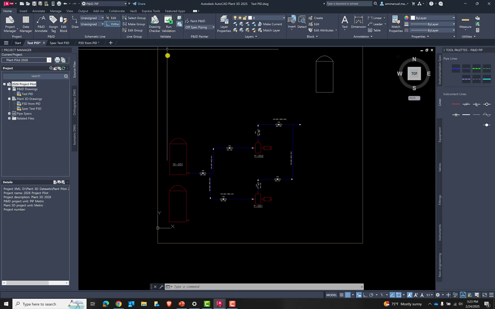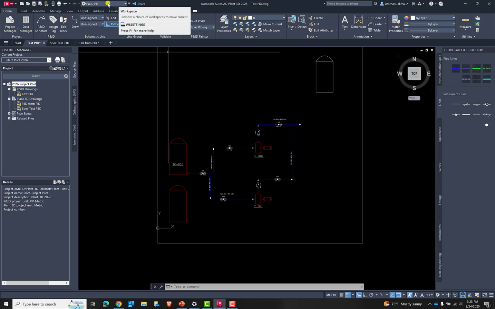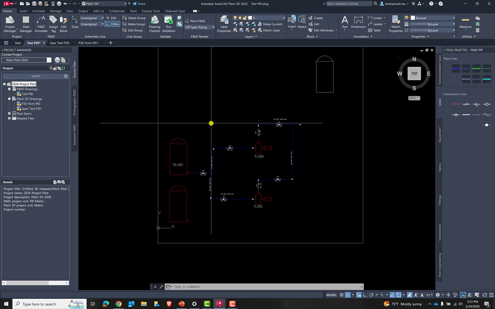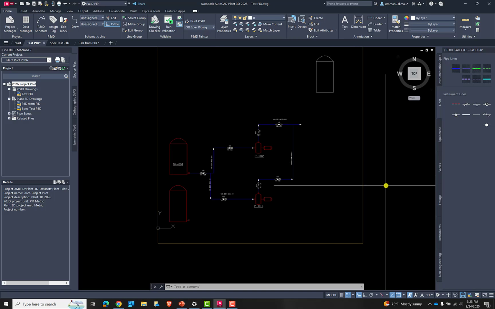And then on the validate panel, just make sure that you're on the right workspace, because sometimes when you flip between your P&ID drawing and your 3D piping environment, you need to make sure that you're working from the right workspace. So you can access the validate button on the